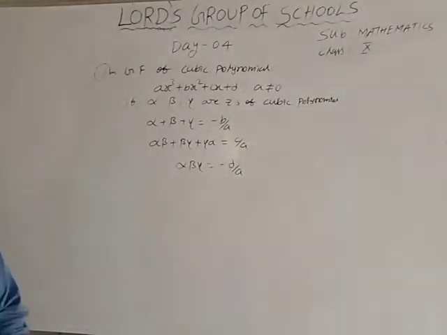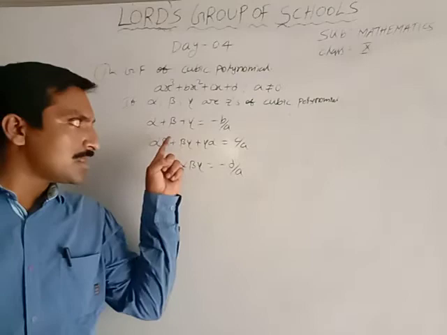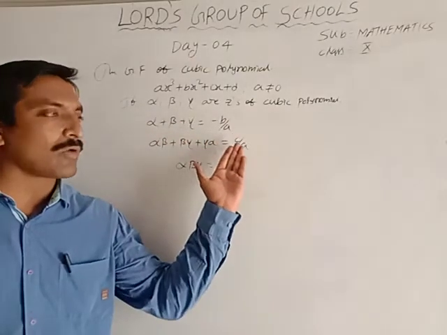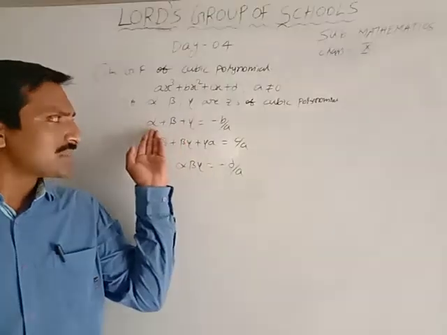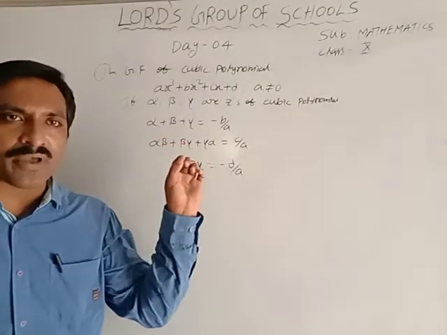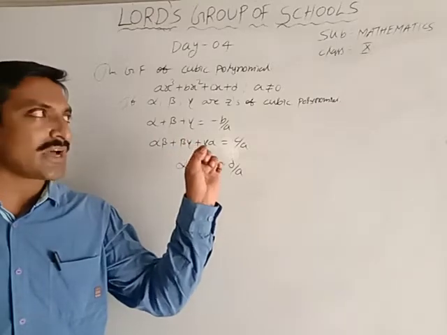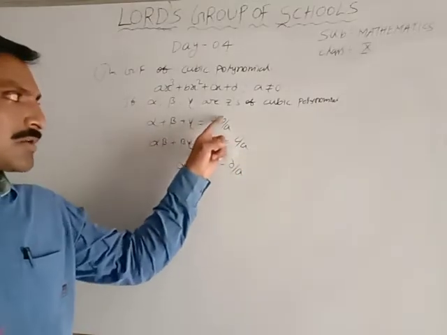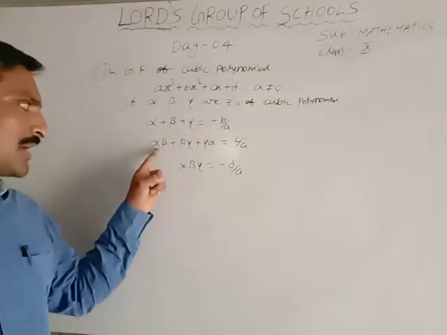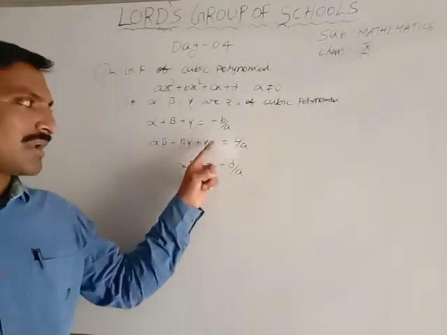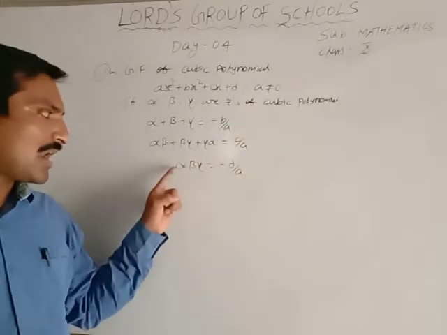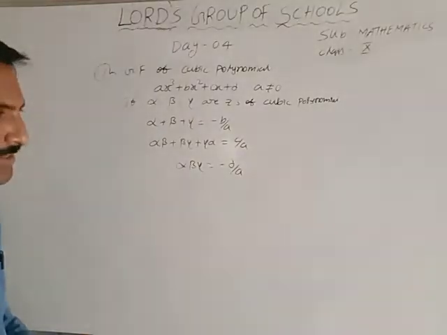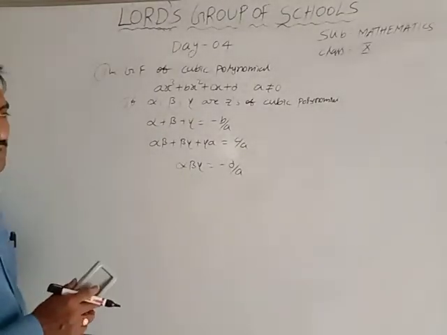You have to see the three conditions I wrote. In all three conditions, the LHS are zeros and the RHS are coefficients. These three are the relationship between zeros and coefficients of the cubic polynomial. Alpha plus beta plus gamma is equal to minus b by a. Alpha beta plus beta gamma plus gamma alpha is equal to c by a. Alpha beta gamma is equal to minus d by a. Next, how is the question asked in this way?